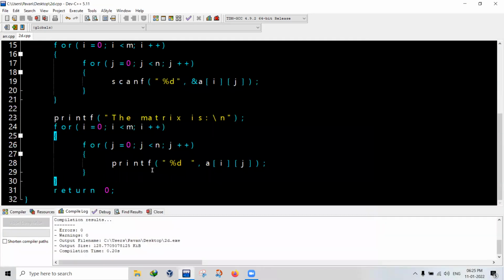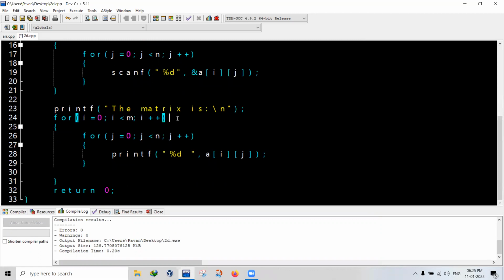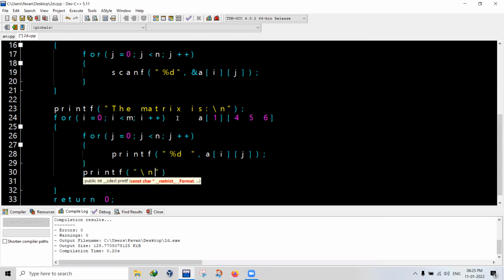And in case you want it in matrix form, first you will access the 0th row, and you'll print 1, 2, 3. Before you go to the next row, a of 1, and print 4, 5, 6, we have to get a new line. So after the j loop, write printf with \n, to start a new line. That's it. If you write this much, it will start printing in array format.